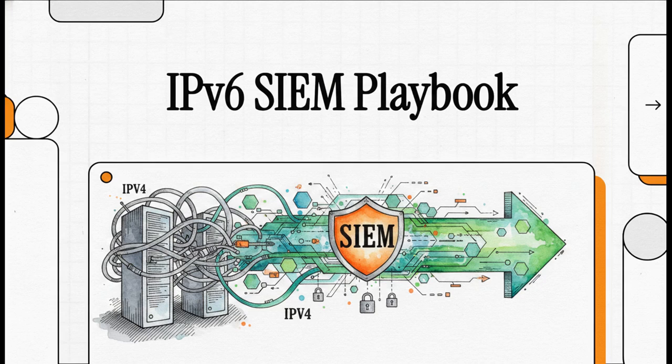All right, let's jump right into it. Welcome to today's Explainer, where we are tackling a massive underlying challenge that is honestly facing pretty much every enterprise network today. We're talking about migrating to IPv6, and more importantly, figuring out how to actually secure a really messy dual-stack environment. Now, if you're thinking IPv6 is just tomorrow's problem, you might want to reconsider. Today, we're going to unpack exactly how to manage this transition safely, and specifically, we're going to arm you with the exact questions you must demand your SIEM vendors answer to keep both your legacy IPv4 and new IPv6 environments